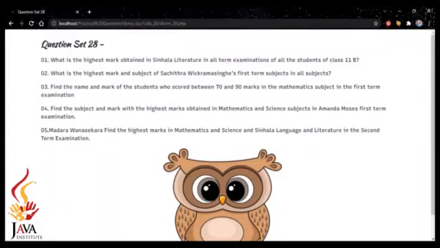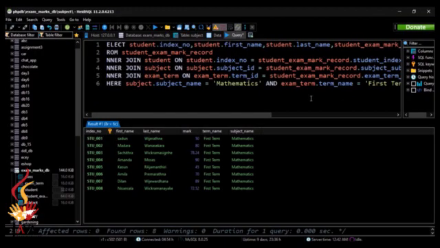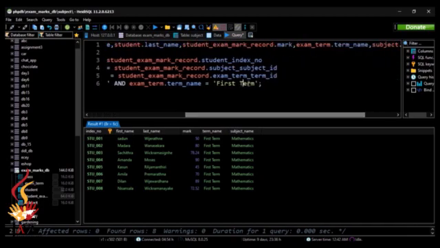So here they have mentioned that we should get the details of the student who have got the marks between 70 and 90. So for that, here I will use as